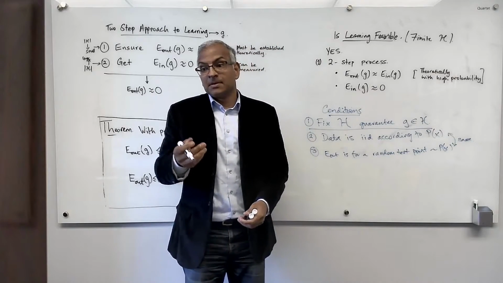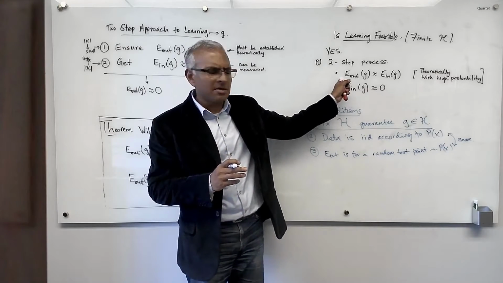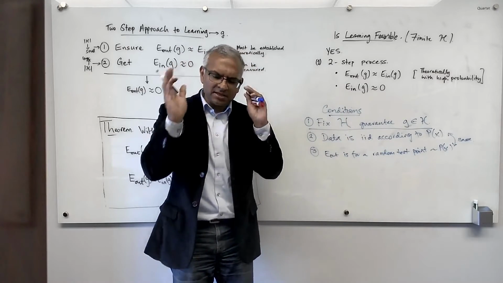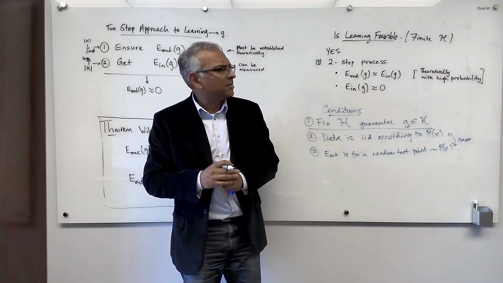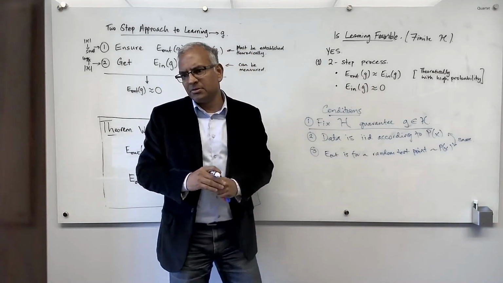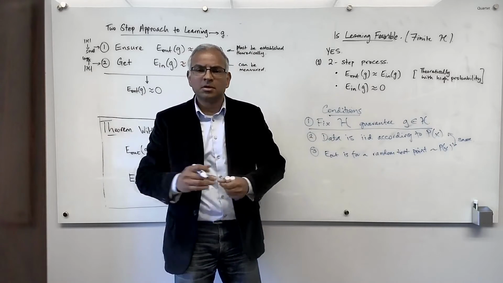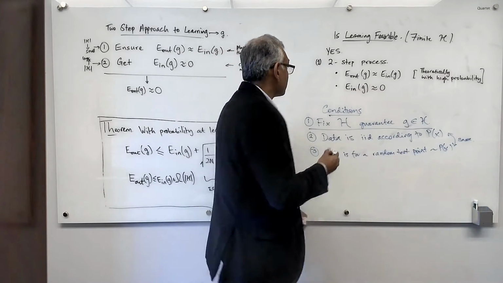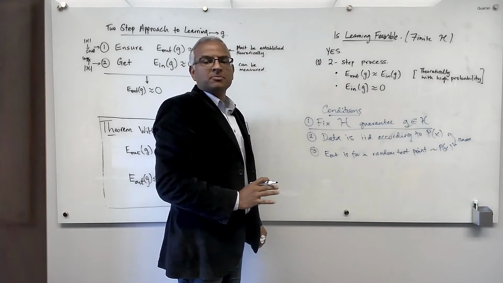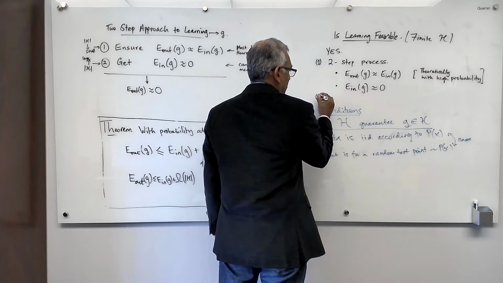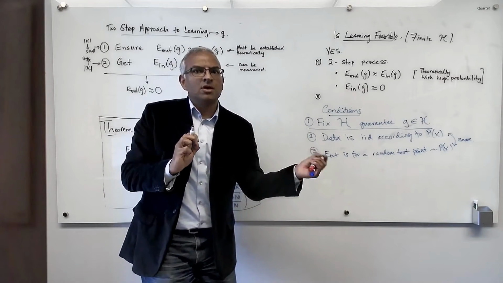Okay. So basically what you do is you go back to your client and say, listen, man, you have one hell of a hard problem. I tried my best. I ensured the first step. I tried my best. I fixed the hypothesis set. I picked it and this and that. Okay. And I got an in-sample error of 40%. So that means that out of sample, you expect this thing to be 60% accurate. Okay. And if that's good enough for you, then here you go. But otherwise, you know what? I failed. So this is the other thing that comes out of the is learning feasible question, which is that it is only possible to learn when you simultaneously accept that it is possible to fail.